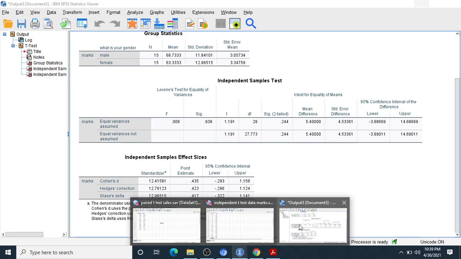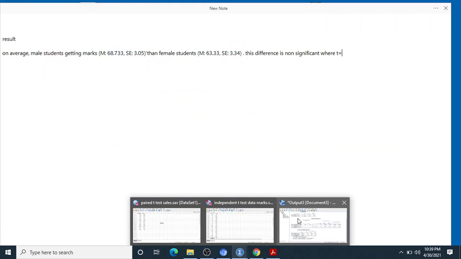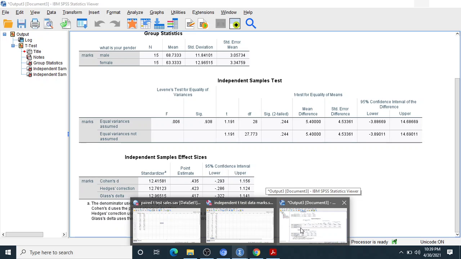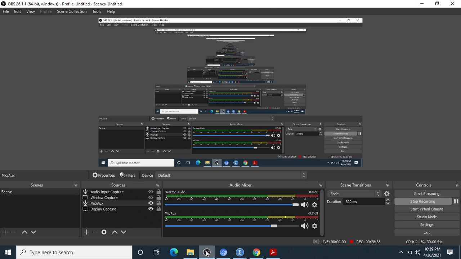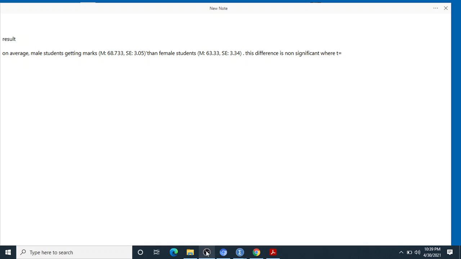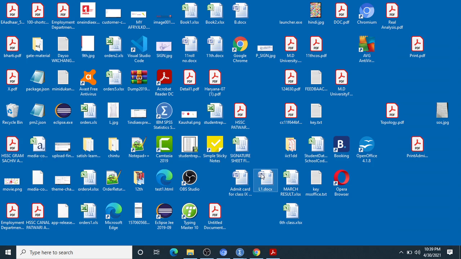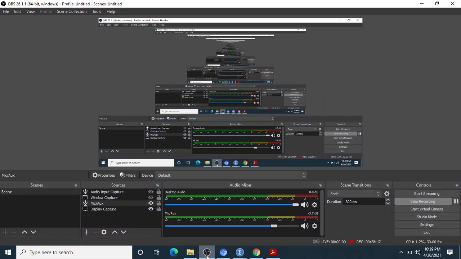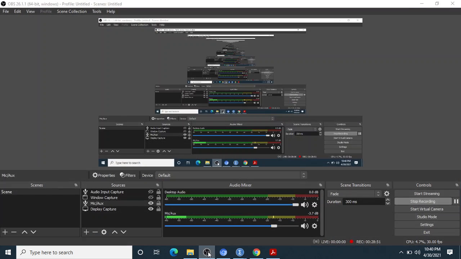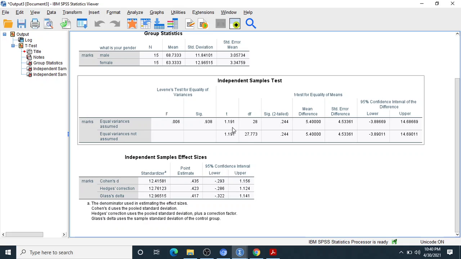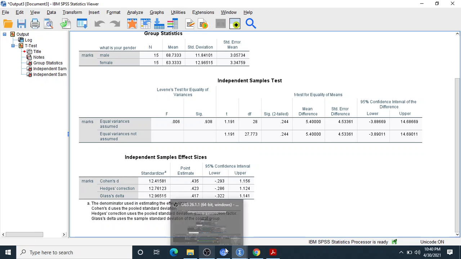The degree of freedom was 28, total 30. So the T value is 1.19.